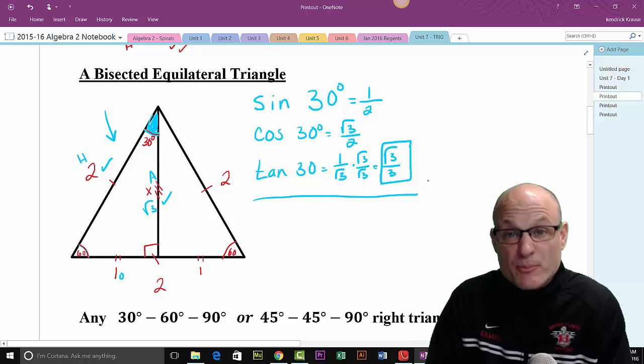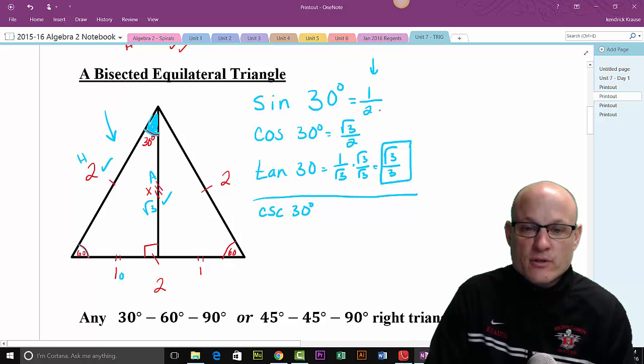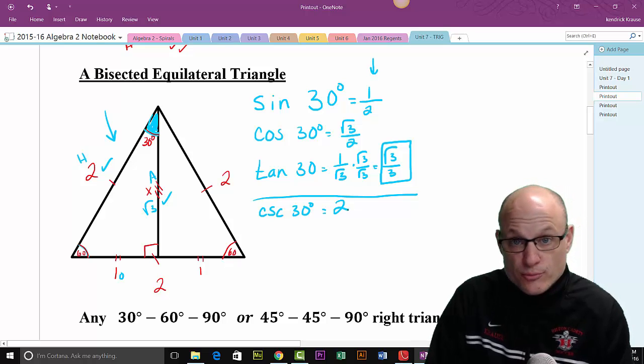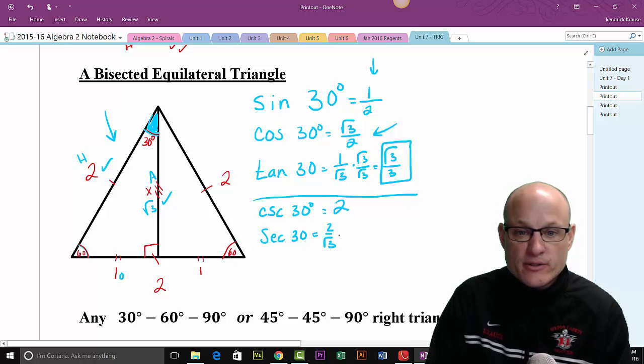Now let's do the reciprocal functions. Cosecant 30 is just the reciprocal of sine, so that must be equal to 2. Secant is the reciprocal of cosine. Well, this one's not as easy. It's equal to 2 over radical 3. We need to multiply by radical 3 over radical 3, and you get 2 radical 3 over 3. And finally,